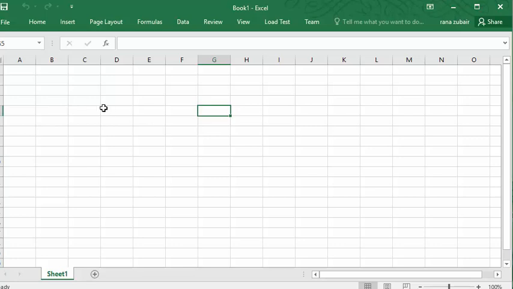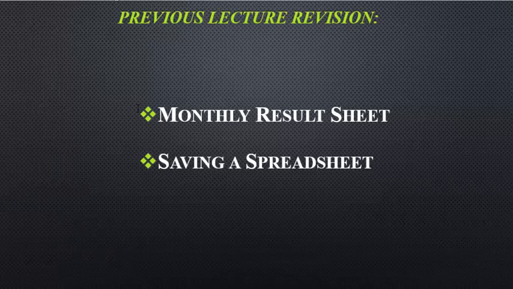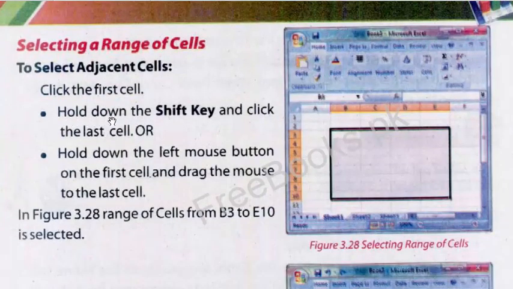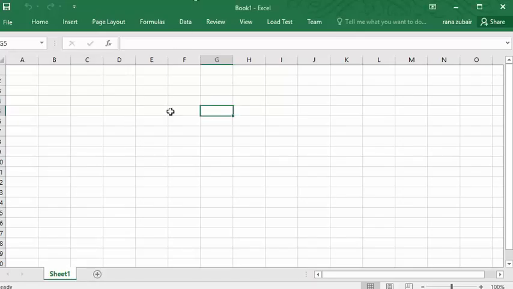But what if we want to format multiple cells? To do so, hold the Shift key and click the last cell, or hold the left mouse button on the first cell and drag the mouse to the last cell. How?